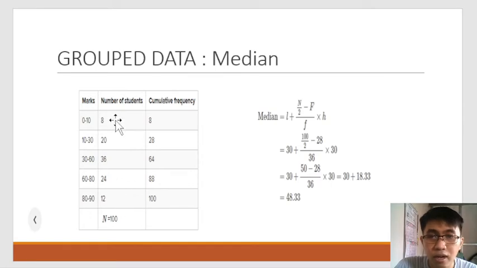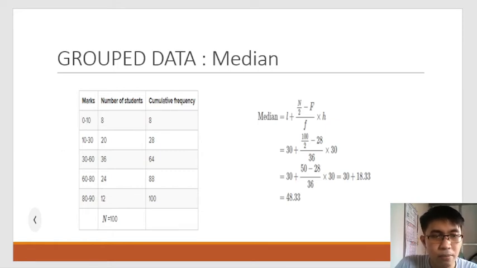Ito pong lower ay yung 8 plus 20 is 28. Makikita po natin na mas mataas yung nandito. Mas marami yung nandito sa bandang upper portion. So, ibig sabihin po, hinihila niya yung median, kaya mas malapit yung 48.33 doon sa 60 na upper limit ng ating median class. So I hope that